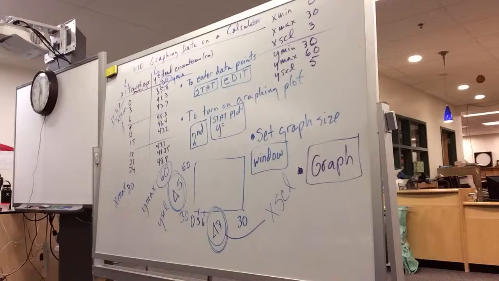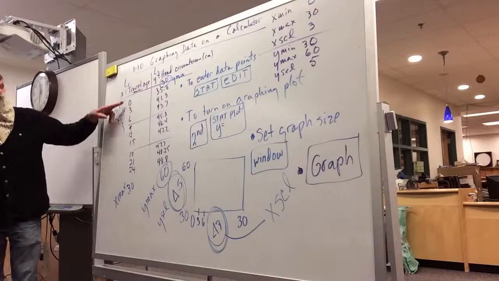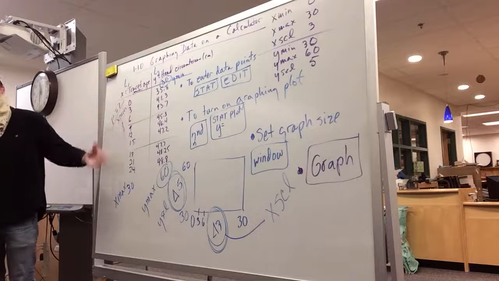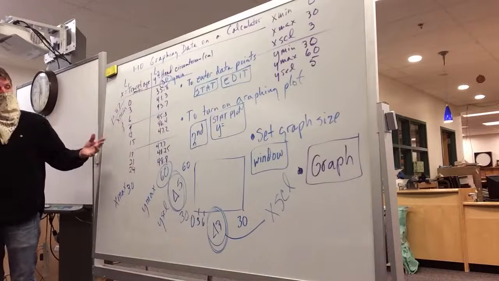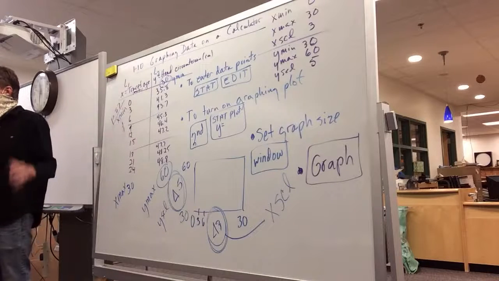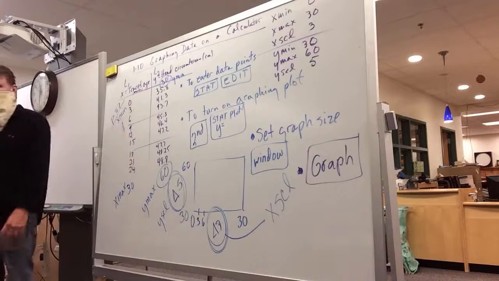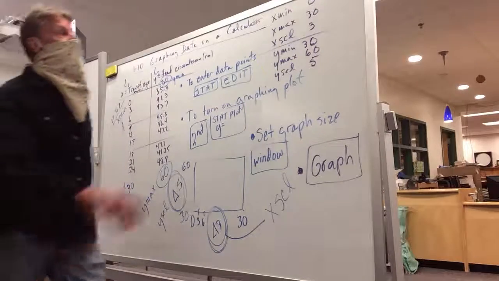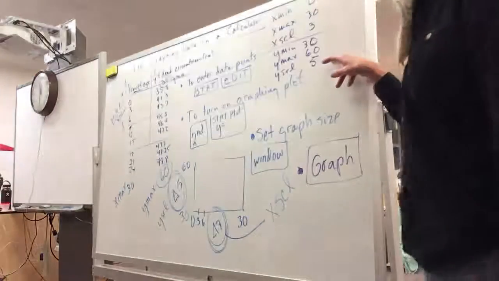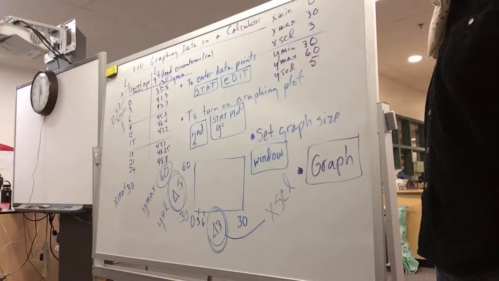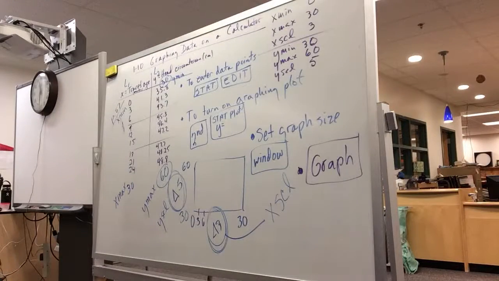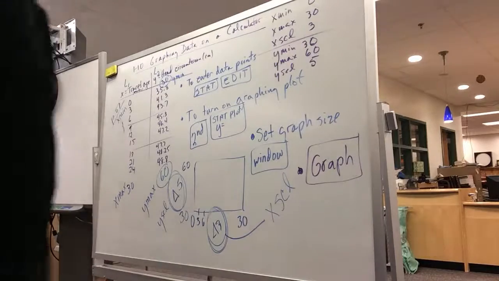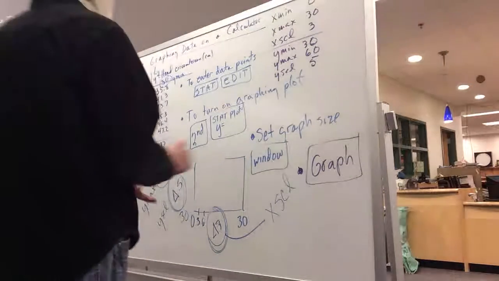So when we set up how wide and how tall our graph was, those were the dimensions. And we used these numbers. We said, oh, well, we're going to make our dimensions from 0 to, but sometimes you go a little bit bigger just to make the graph look nicer instead of pressing it right on the edge. But these are the dimensions right here. Would you like me to show you how you write the dimensions short and sweet so you don't have to write them long and detailed?